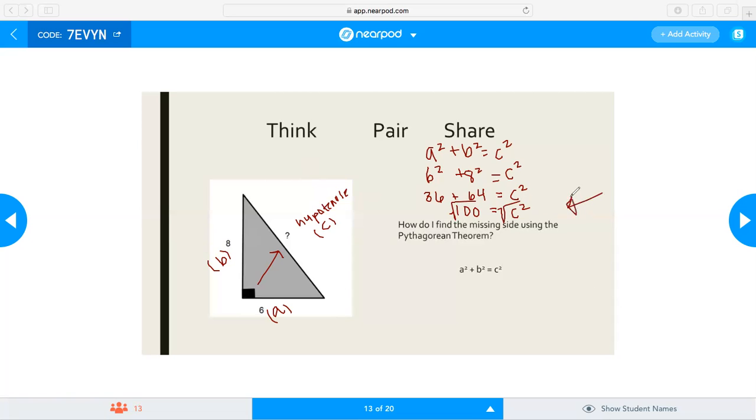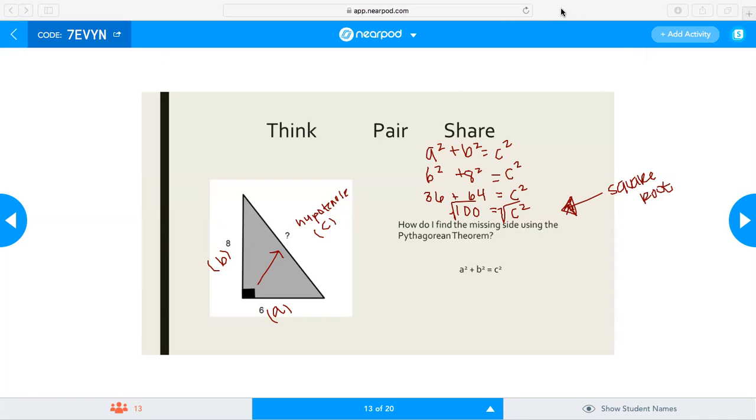This is an important step that many people miss. We have to take the square root because this is 100 equals C squared, not 100 equals C. So we take the square root of 100. We take the square root of both sides. Now, a lot of us can do this in our head, but we need to make sure we know